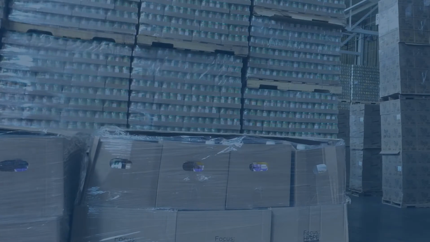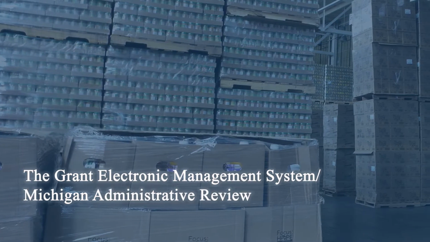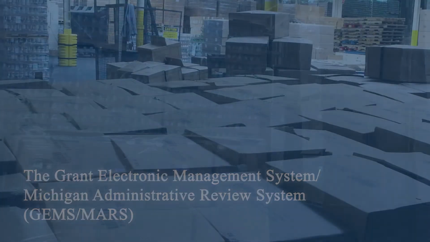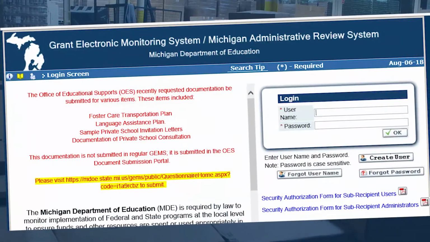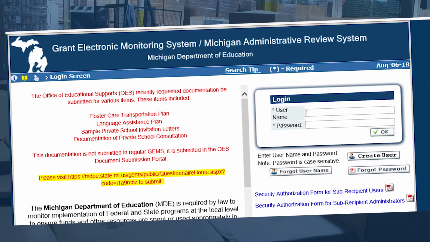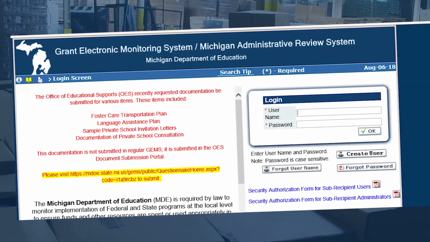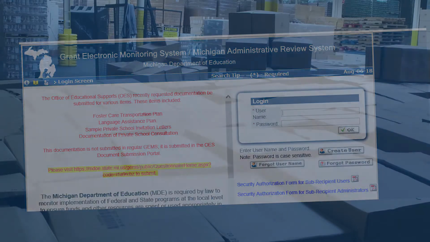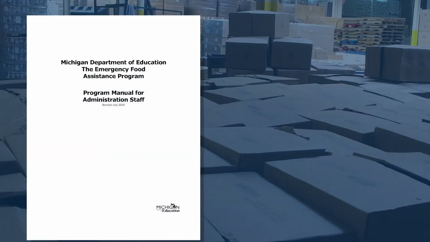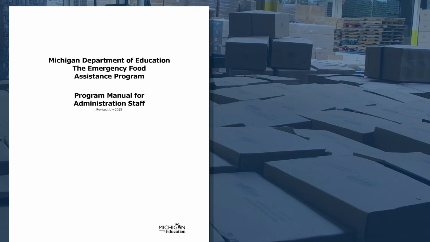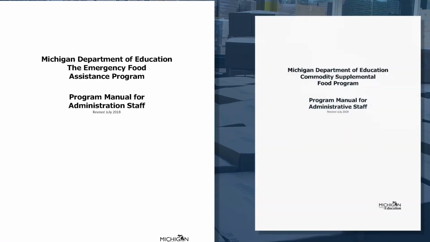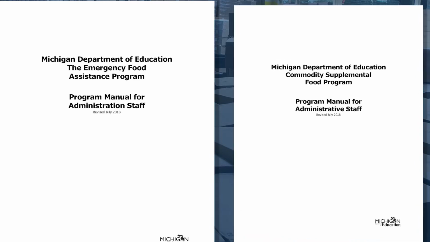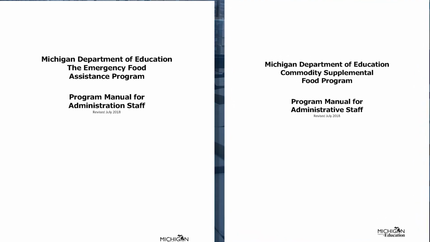The Grant Electronic Management System, Michigan Administrative Review System, GEMS MARS. The Grant Electronic Management System, Michigan Administrative Review System, also known as GEMS MARS, is the system MDE uses for the agency review process. USDA regulations require that agencies are reviewed on a regular basis. MDE is responsible to make sure that agencies follow USDA regulations and state guidance as they provide CSFP and TFAP to